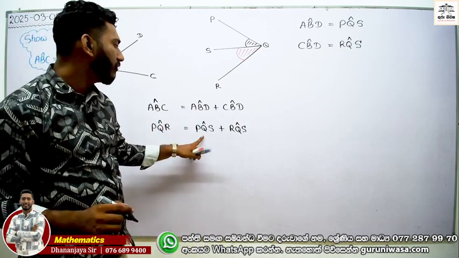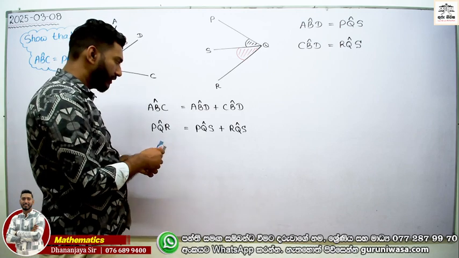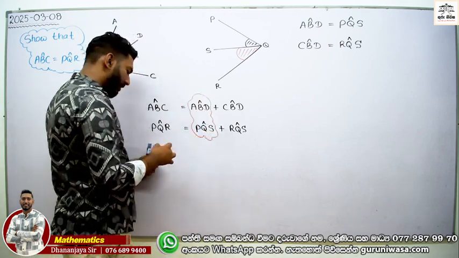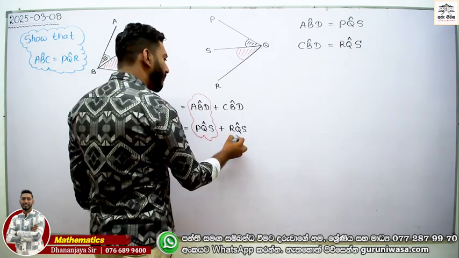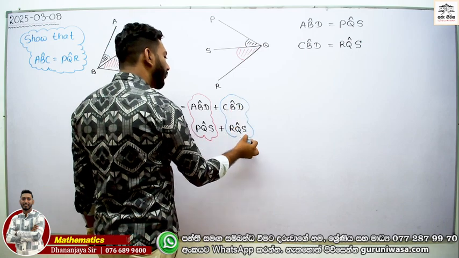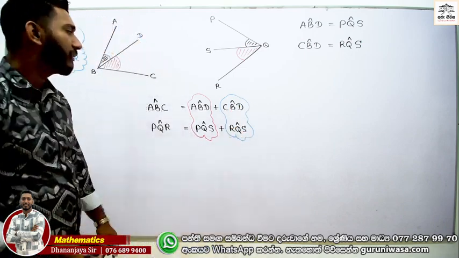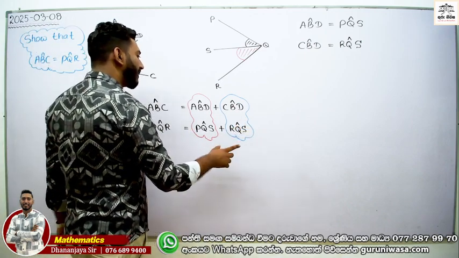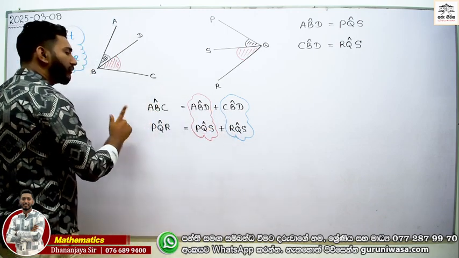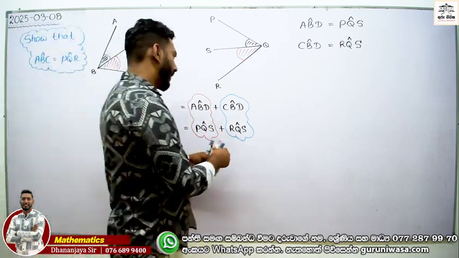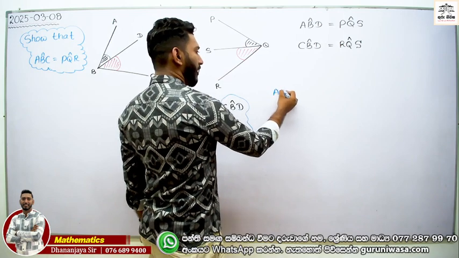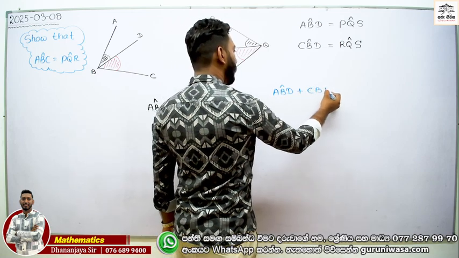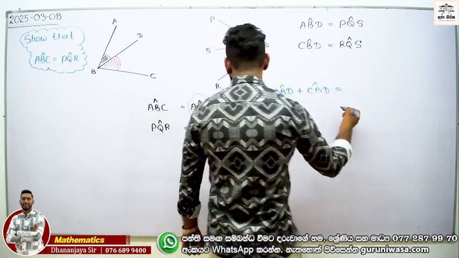And now you know ABD and PQS are equal because it is given, as well as CBD and RQS also equal. Now what to do? Therefore, right hand side equals right hand side, so the left hand side should equal the left hand side. Now look at that. ABD plus CBD should equal